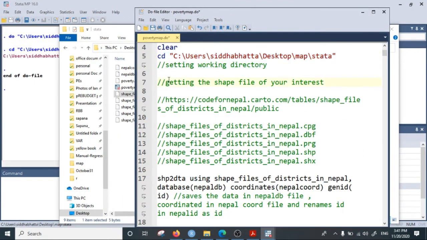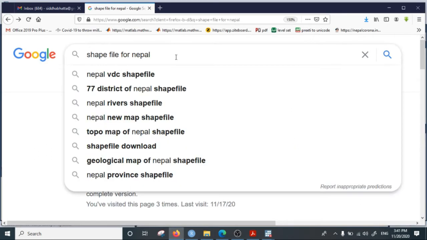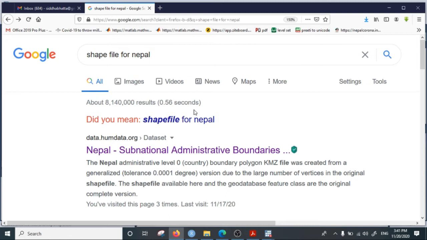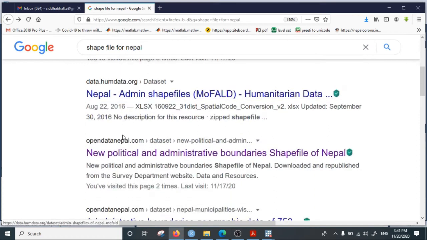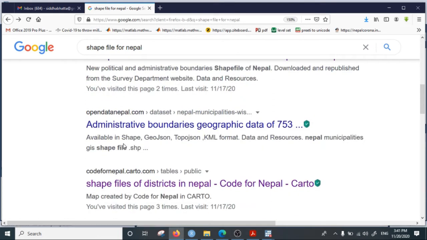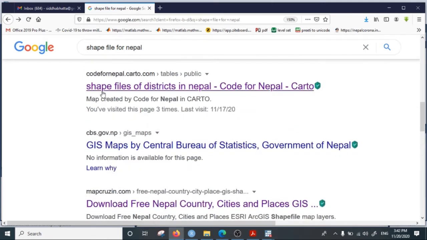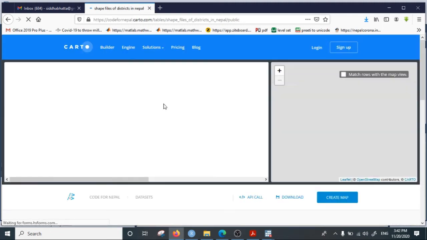The next and most important step is to download the shape files of your country from the internet. In the case of Nepal, I just googled Nepal shape files and I found a lot of websites that have the shape files of Nepal. One useful source of shape files for Nepal that I found is the Code for Nepal website, codefornepal.kato.com. I downloaded the shape files from this website,